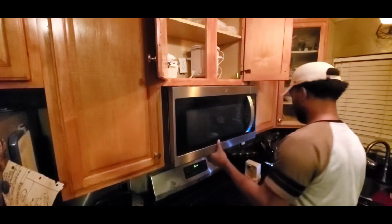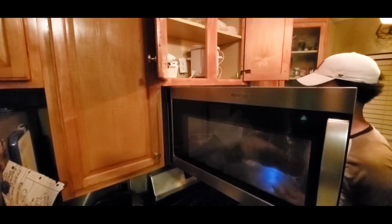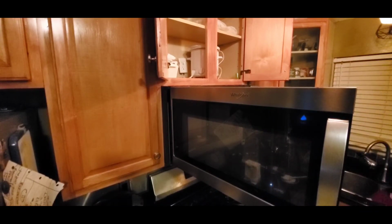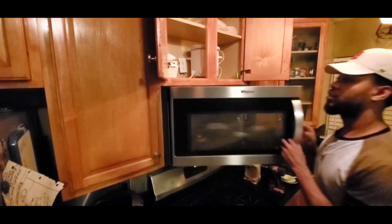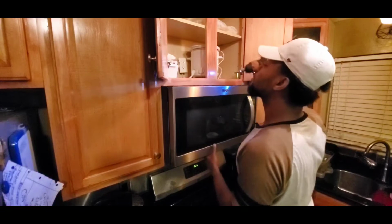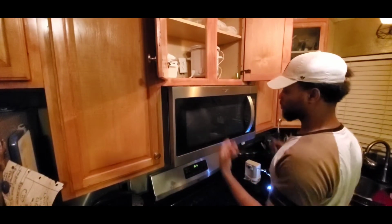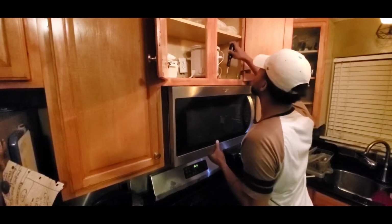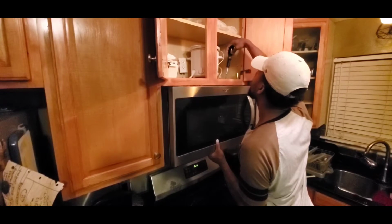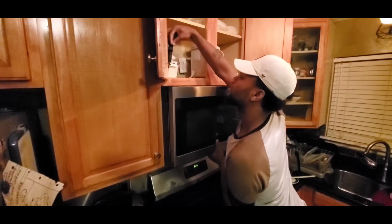So I'm going to try and make this quick. For one, this microwave is big and it's heavy. And listen up, folks. When you're doing any project, don't rush the project. Take your time with it. Get all your tools. Know the job you're about to do. And therefore, if you prepared, you can go in with a positive mind and you're going to really accomplish it and it won't take that much time. Honestly, when you're doing a job like this, you really need help because...